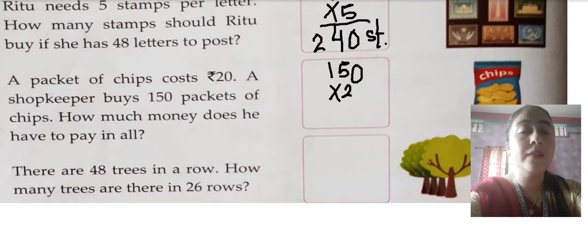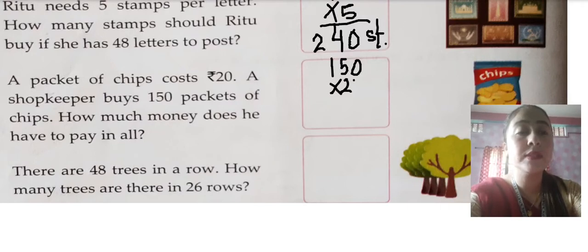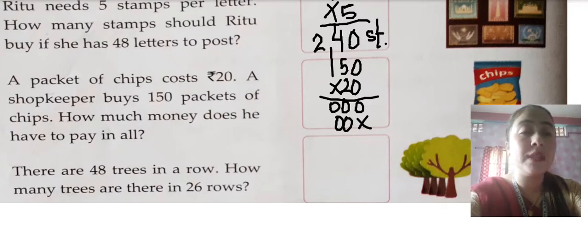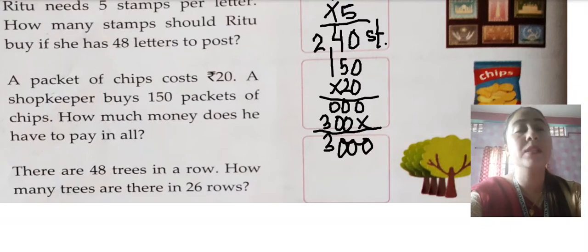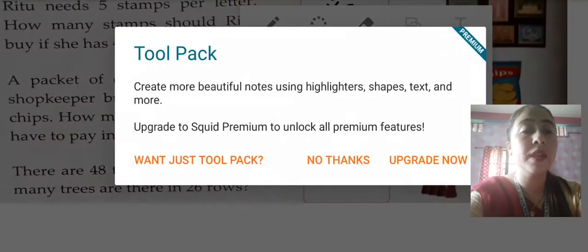So 150 into 20, there is 2-step multiplication. So let me write it with very small handwriting. 150 into 20. 0 0s are 0, 0 5s are 0, and 0 1s are 0. Next step, 2 zeros are 0, 5 2s are 10, 1 I will write here, and 0 I will write here. Yes, 2 1s are 2 plus 1 is 3. So the answer is 3000 packets. So you will write the answer, children, 3000 packets.